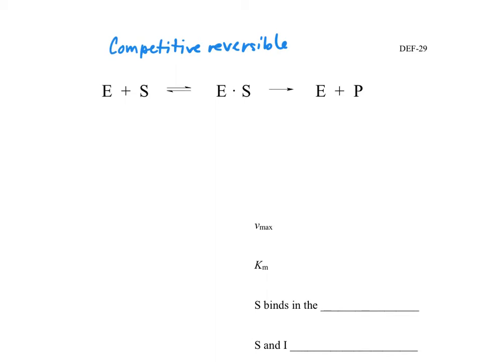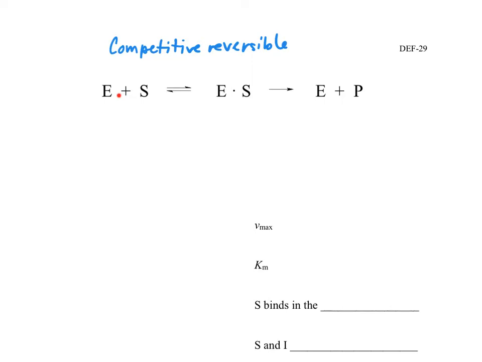Remember that the Michaelis-Menten model has an enzyme and a substrate coming together, being mixed together. They bind to each other and form the Michaelis complex, where the substrate is fit into the active site of the enzyme reversibly, and it can then either go and become product through a chemical reaction and get spit out, or it